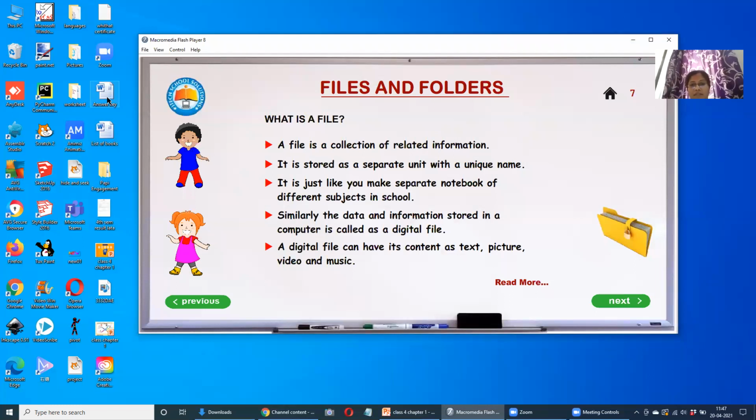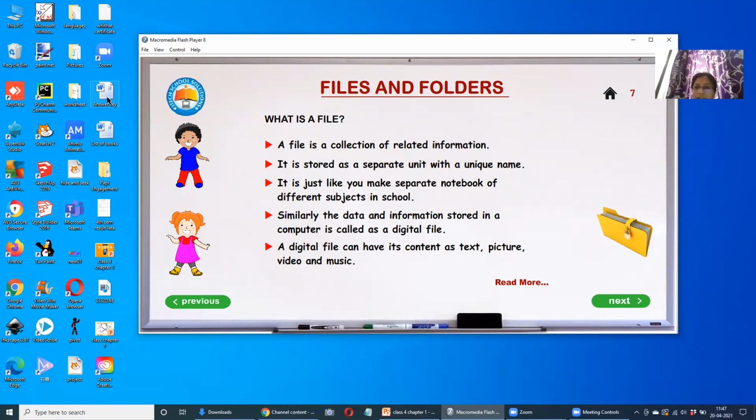That's the reason we store separate information in separate files and we give a unique name for that. Why do we give a name? So that it becomes easy for us to search the file whenever we require to open it. It is just like how you make separate notebooks for the different subjects in the school.